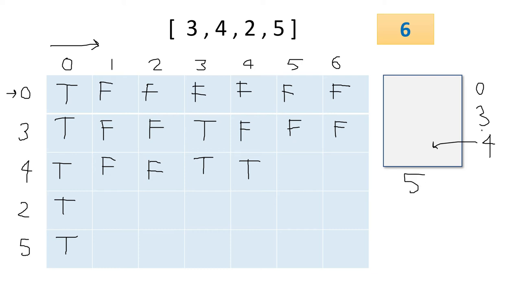Now we have to check for 5. Capacity 5 using 0, 3 and 4. Upper cell is false. So if we do 5 minus 4, that is 1. If we go to 1, it is false. That means it is not possible. And from the picture also you can see it is not possible. Now we have to change it to 6. 6 we have to create using 0, 3 and 4. Upper cell is false. 6 minus 4 is 2. If we go to 2, it is false. That means not possible. And the same we can check from the picture also.